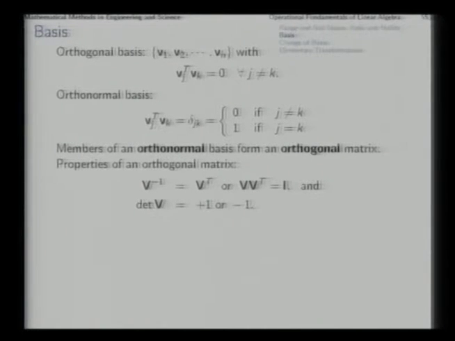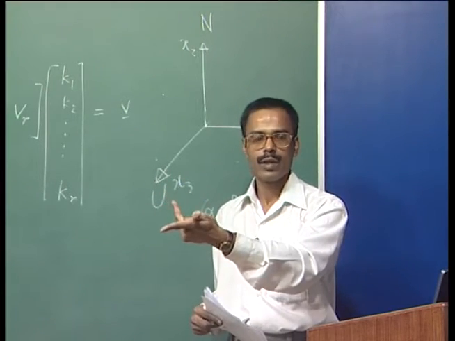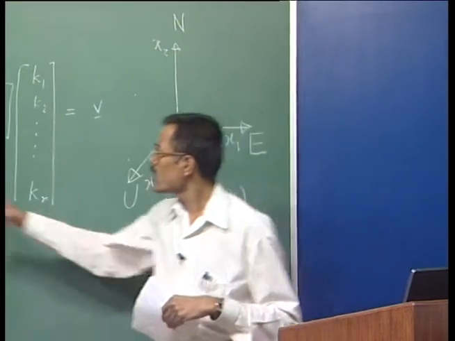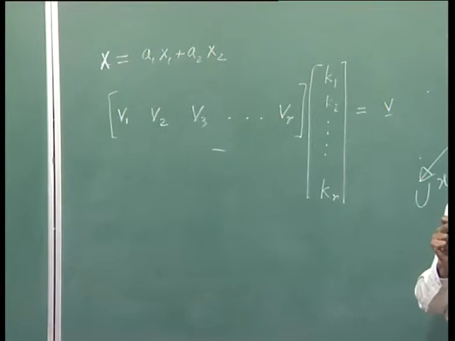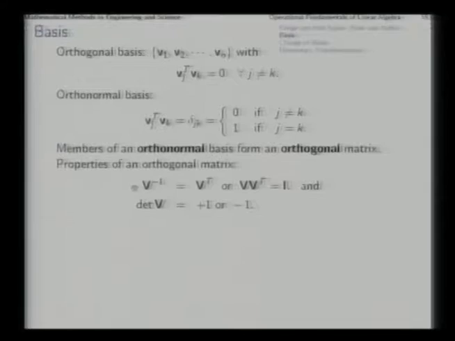You might note that members of an orthonormal basis will be unit vectors, all perpendicular to one another. So these vectors together, written like this, will form a matrix which is an orthogonal matrix, and of course you already know the properties of an orthogonal matrix. Its inverse is the same as its transpose, or you can say V transpose V is identity. This is the test for a matrix being orthogonal. In particular, its determinant also is known: it will be either +1 or -1.